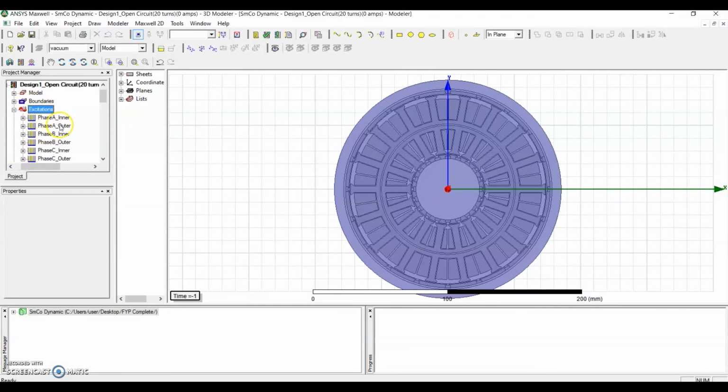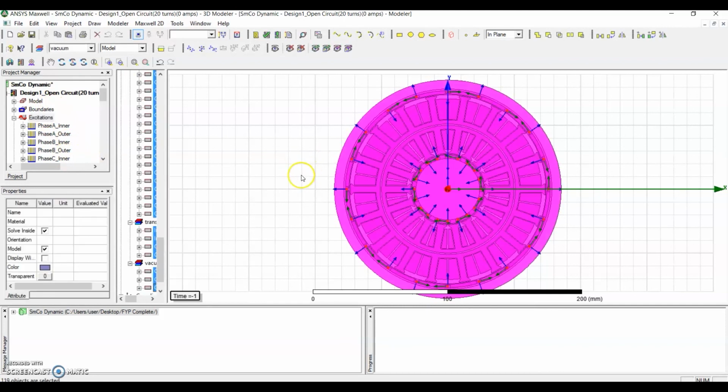For example, I have assigned all the phases and boundaries, the directions of the magnet movement, and